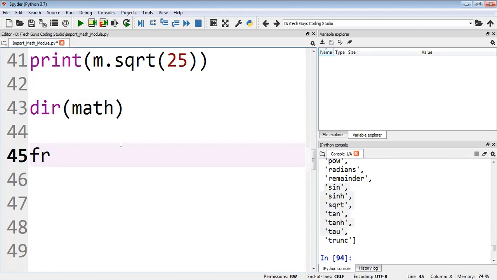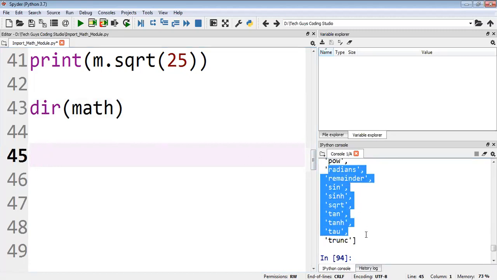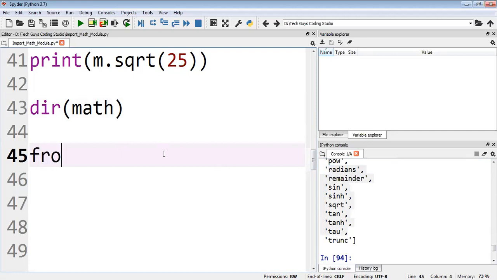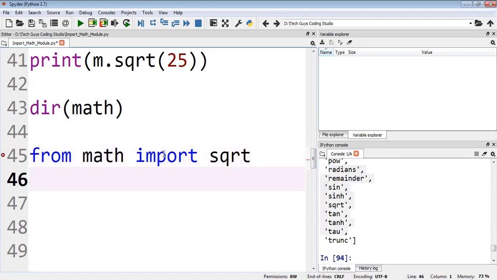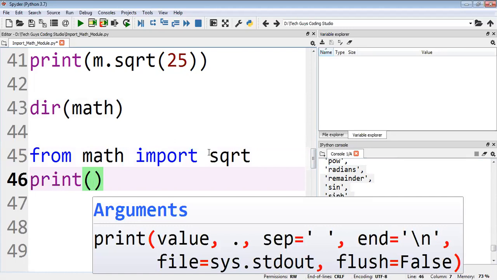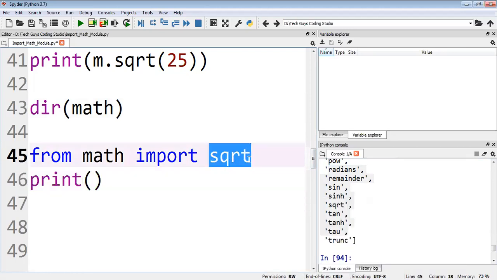First of all, I'll show you, these are the methods. From these methods I will import the particular things. Understand my words, what I'm saying? From math, from the math I'm importing only the particular word, like sqrt. I just need sqrt. So, see here, as I wrote sqrt, I have imported this particular function only, method only.